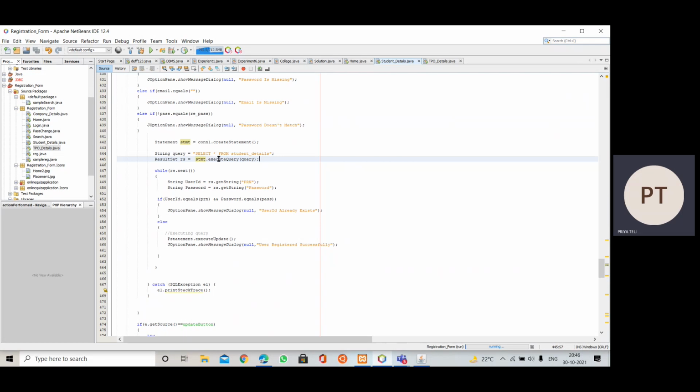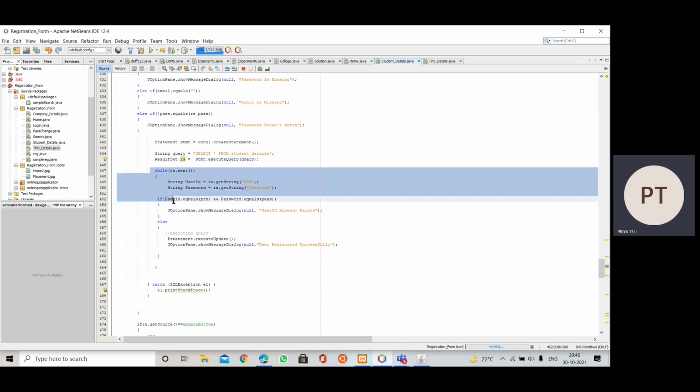So we execute the query on this statement object. We have the executeQuery method which takes the query inside it. We have passed this query string variable to the executeQuery method, which is called upon the statement object stmt, and the results returned are taken into ResultSet rs. This rs is the object for the ResultSet interface.